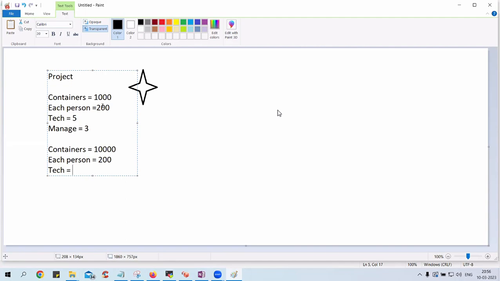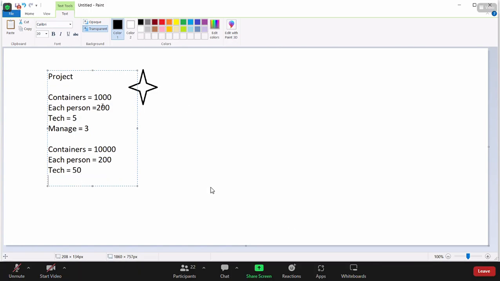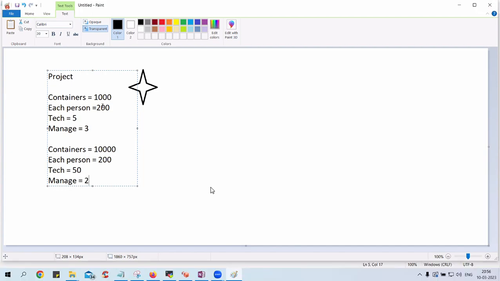How many guys? 50. Now, can we manage this with, let's say, a third of this? Can we manage with 25 people? The answer is positive. So just see the difference.